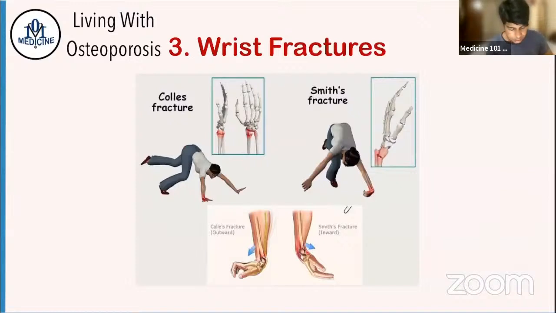Next is the second risk associated with falling. The first one was the hip fracture. The next one is wrist fracture. So with old age, the risk of falling increases. When a person falls, they will put their hand out. Any person who falls will put their hand out, and there's a risk of this area being fractured.